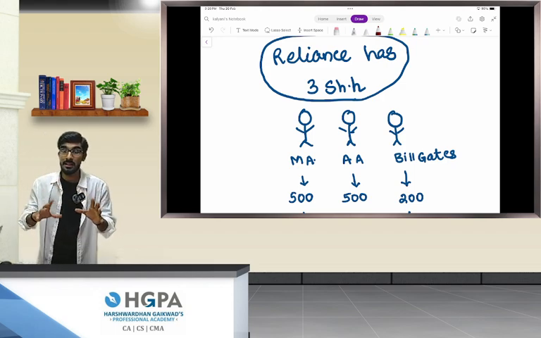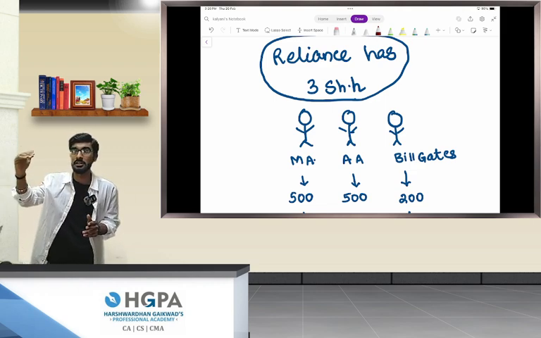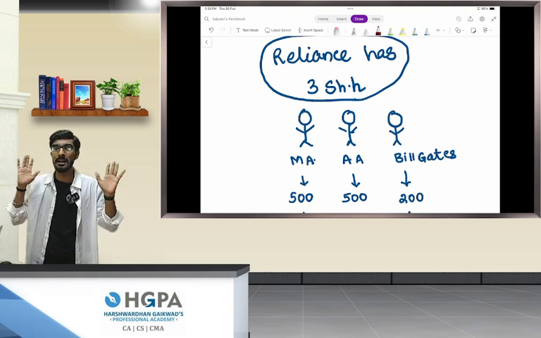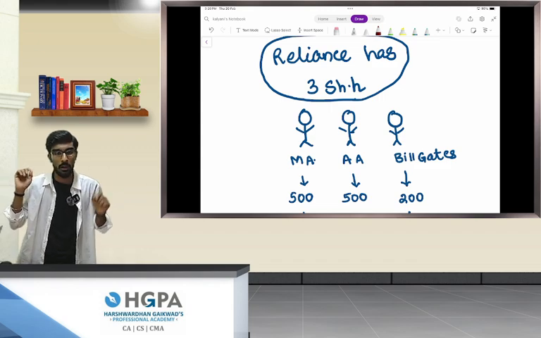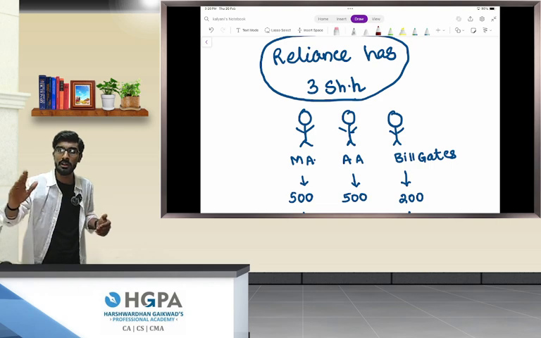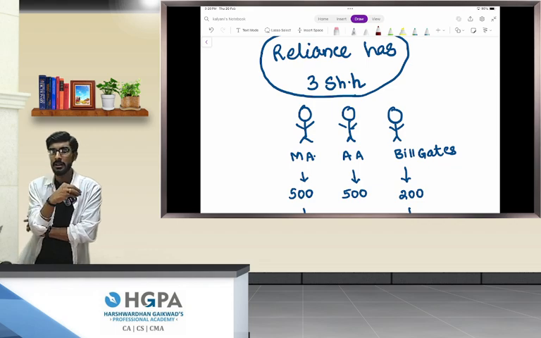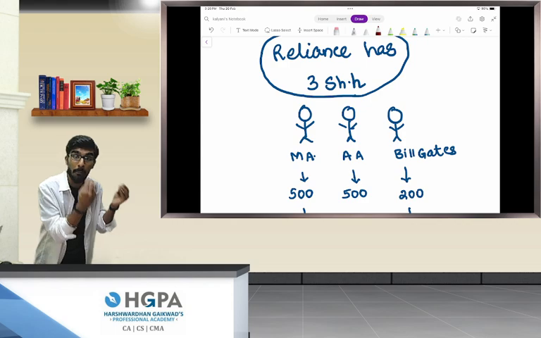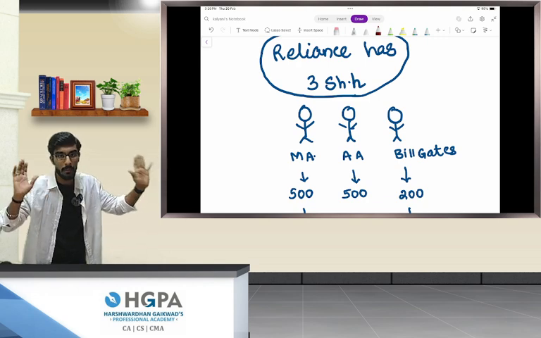Now, Reliance is not listed on a stock exchange. Let's assume Reliance is a private limited company. Now people, Bill Gates wants to sell his shares. Bill Gates says, bro, I am done with your company. Now I want to cash my shares. I want money. You take my shares. You give me money. Mukesh Ambani, for a long period of time, has wanted his shares to be given to the public. Bill Gates wants to sell his shares to the public.